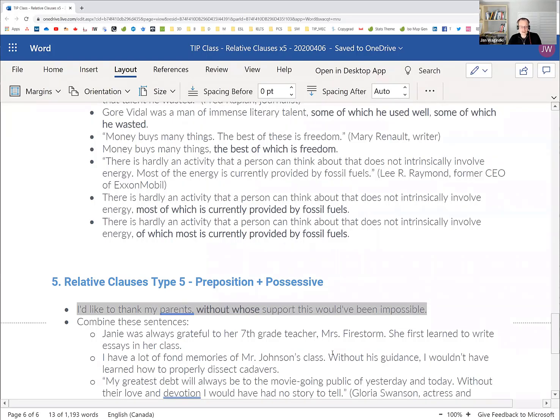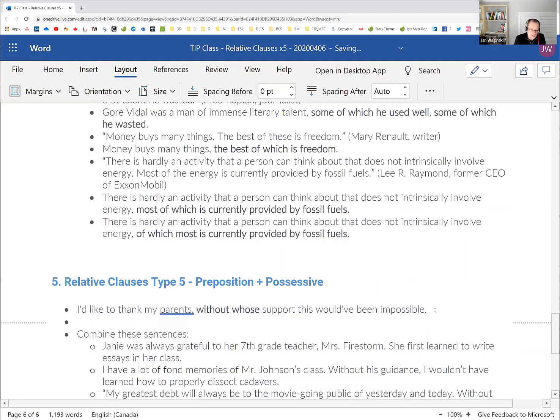Whenever you're thanking your boss or a teacher or your parents or a sponsor, it's always going to be "without whose help",